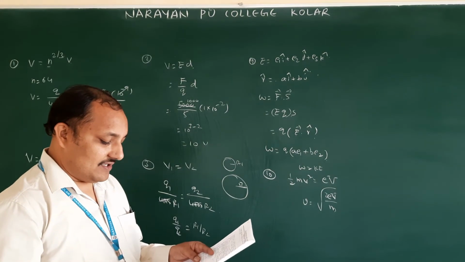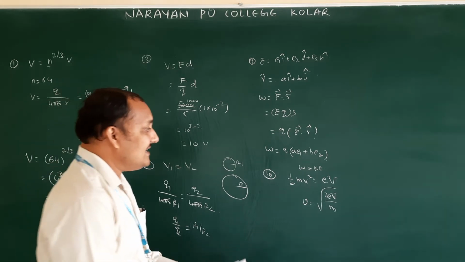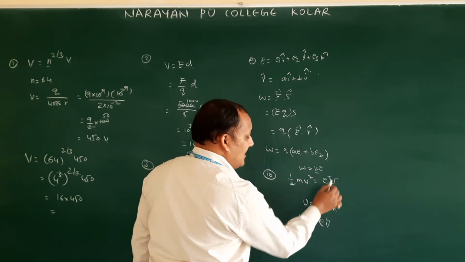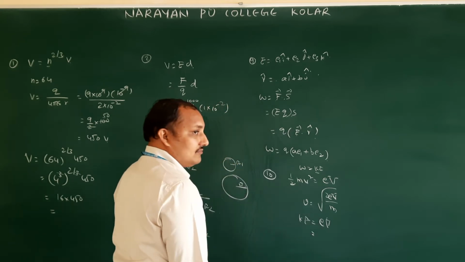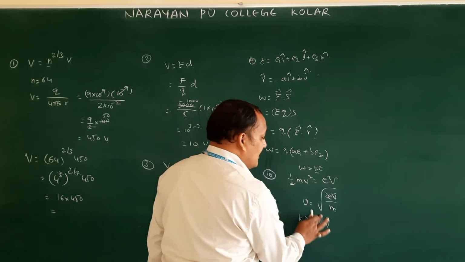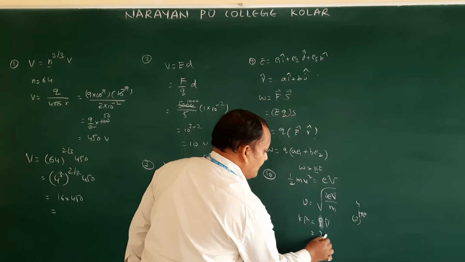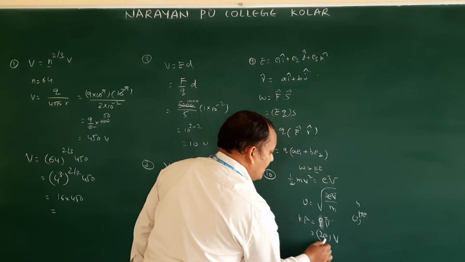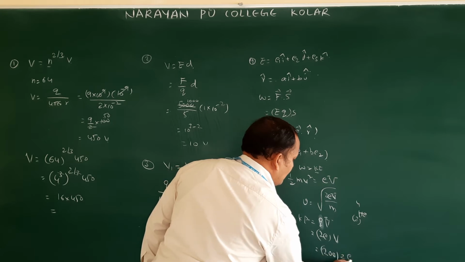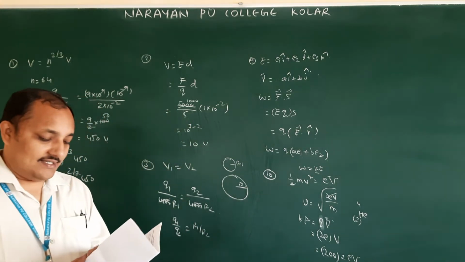Next, the 11th one, also on the same equation. An alpha particle is accelerated through a potential difference of 200 volts. The increase in kinetic energy means work done, which is equal to qV. What is the charge of the alpha particle? Here e means electron charge. Alpha particle is helium, charge 2e, so 2e into V. The potential is 200, so 200 into 2 eV, which is 400 eV, 400 electron volt. That is the 11th question answer.